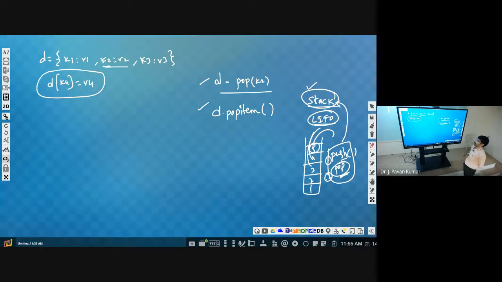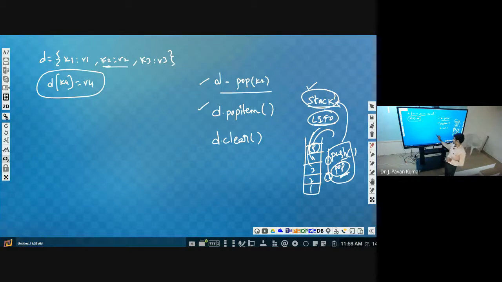Next, suppose you are having a dictionary, some data we are having. We want to erase the entire data and we want to keep D as a dictionary. Then there is a function called clear. D dot clear. Then the entire data will be erased, but it will keep the dictionary as it is. That means D will act as a dictionary, but the data will be deleted.